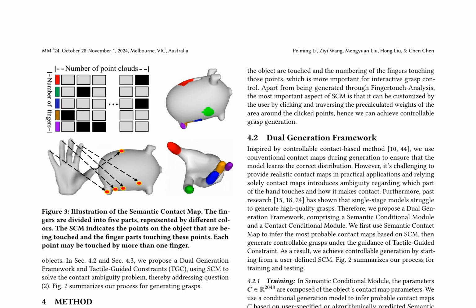The training process involves using a conditional generation model to infer probable contact maps based on user-specified or algorithmically predicted SCM. The Contact Conditional Module then uses a conditional generation model based on contact maps predicted by the Semantic Conditional Module and constrained by SCM to infer MANO parameters. The entire process can be represented as a series of equations, where the output of one module is used as